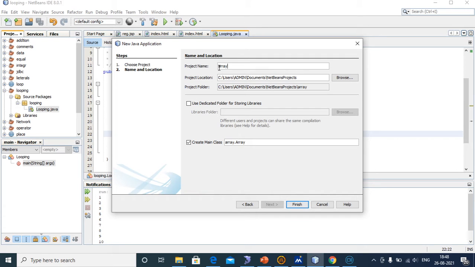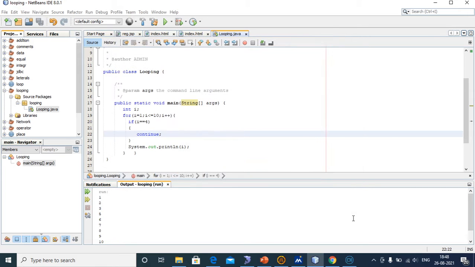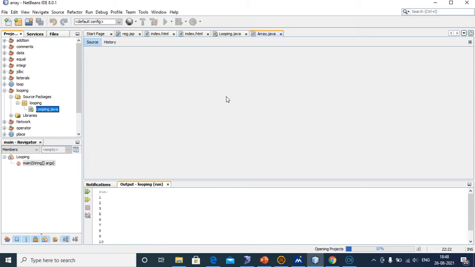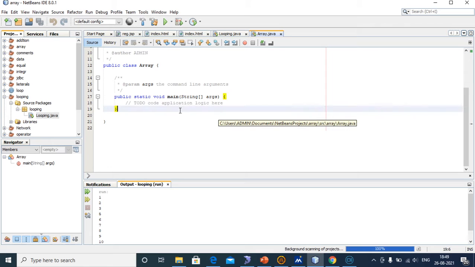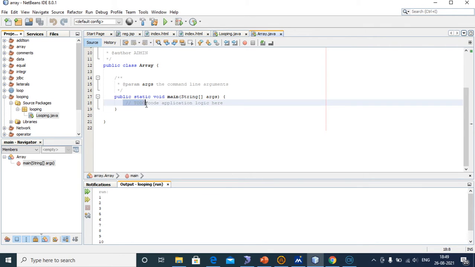For example, I will give the name array. First we will give the array example. First, in the main class, I will declare and instantiate the array.